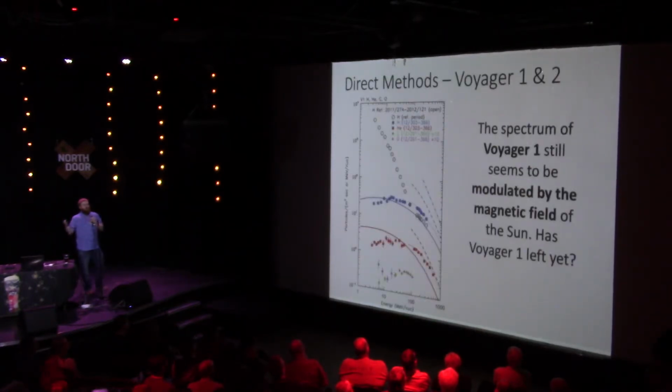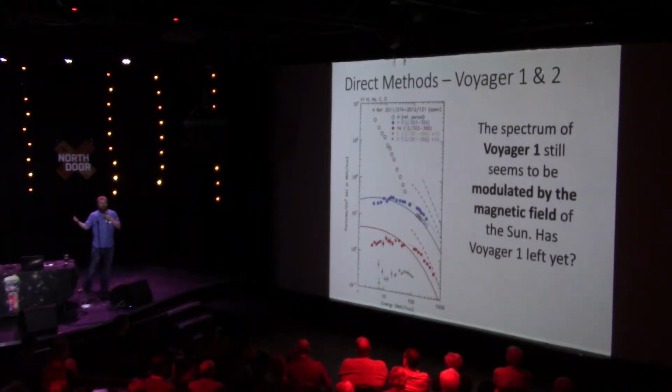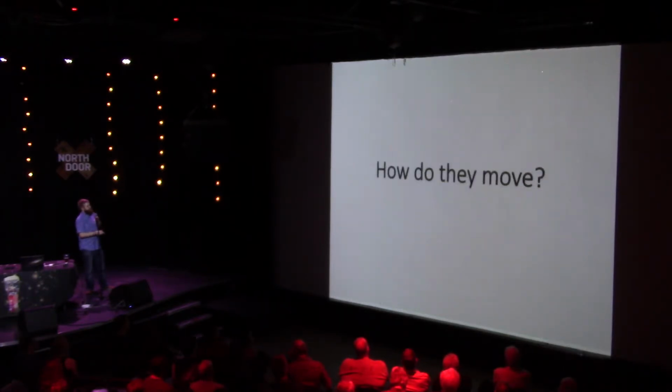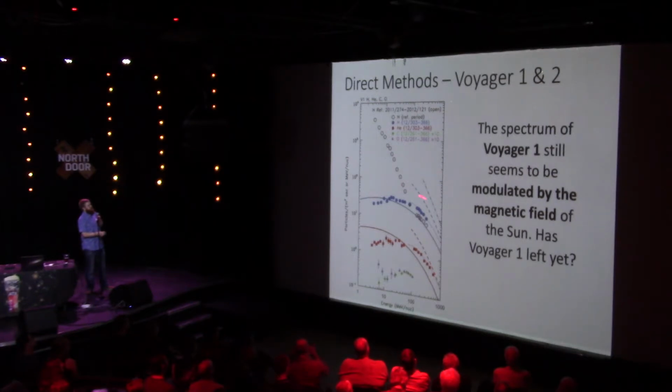The sun's magnetic field deflects a lot of the cosmic rays coming from the galaxy. So the hope was that as Voyager kept going out, you would see the total amount of cosmic rays all of a sudden shoot up. And it did that, and that's why they said we've left the solar system. That's great, but it looks like it maybe hasn't fully left the solar system. This is the spectrum of cosmic rays observed on Voyager for hydrogen atoms and helium atoms.